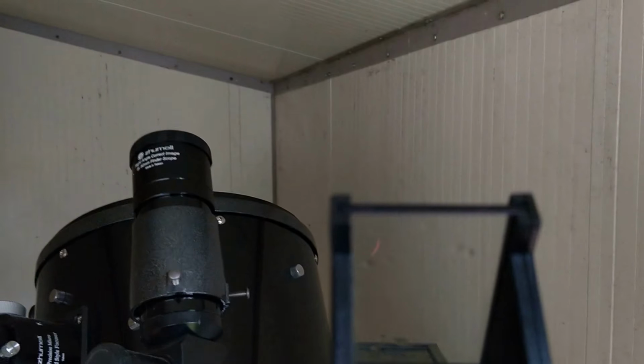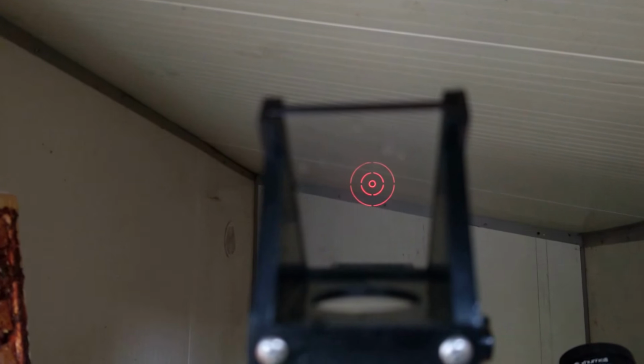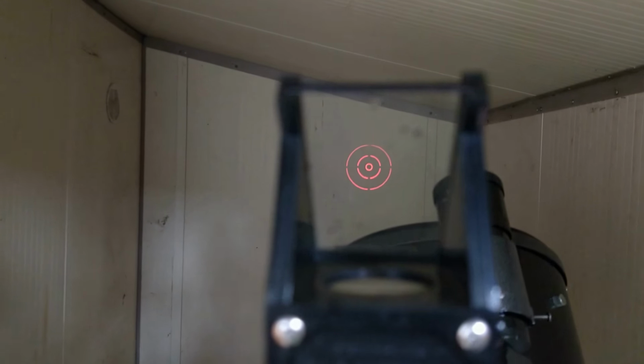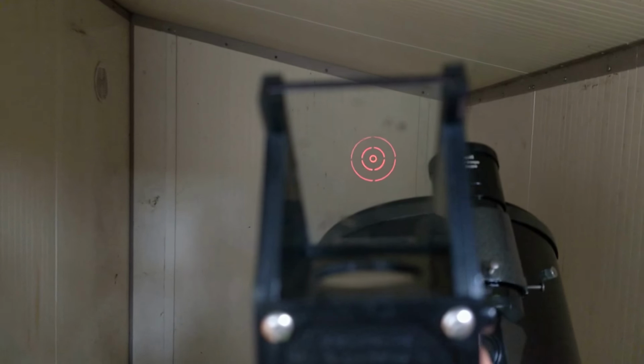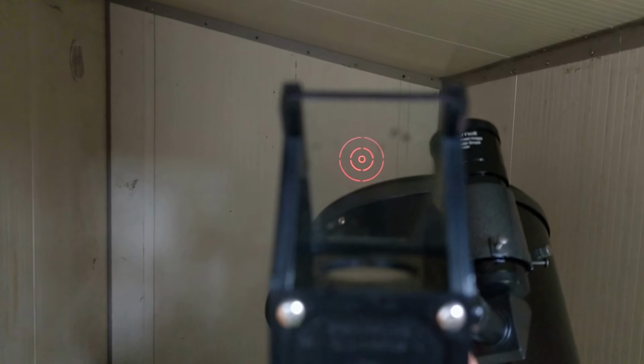Now you just have a telrad, and you just look through it and then point the telescope to where you want to go. It's easy if it's a bright target like a planet. You just point the telescope to the planet or the thing that you're going to look at, and then there you are once it's aligned to the eyepiece. If it's a dim target like a nebula or something that you can't see through the naked eye, the telrad